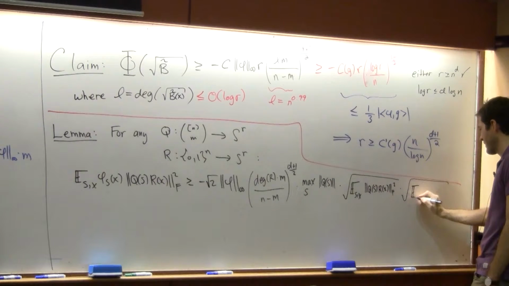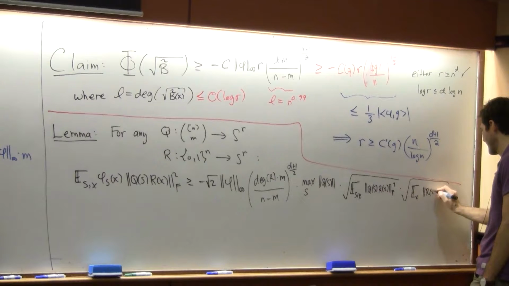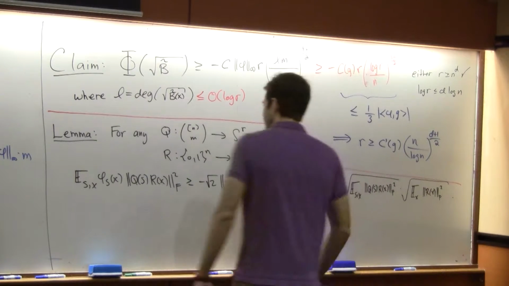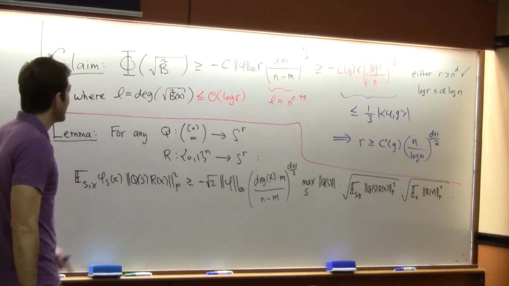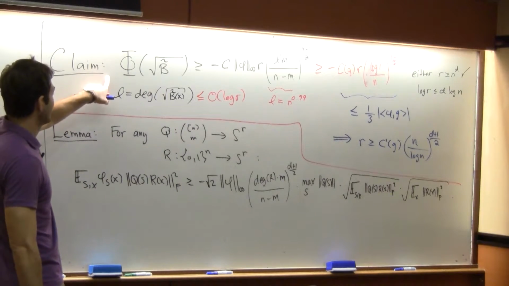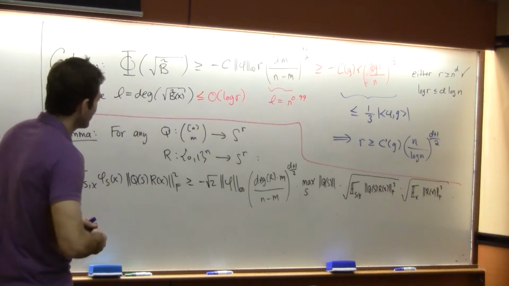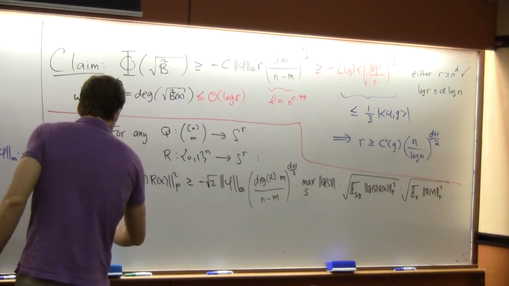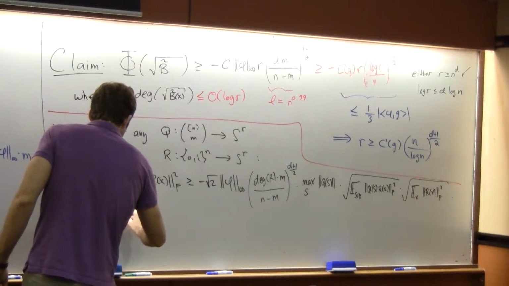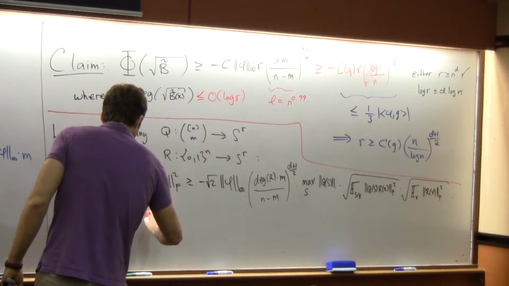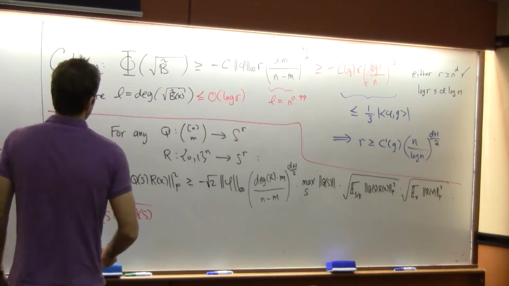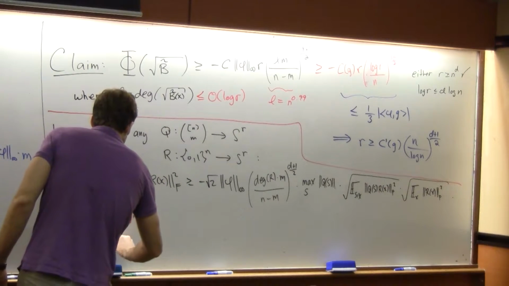Don't worry. Okay. So now if you want to apply this up here, you set q of s to be the square root of as, and then r of x is the square root of